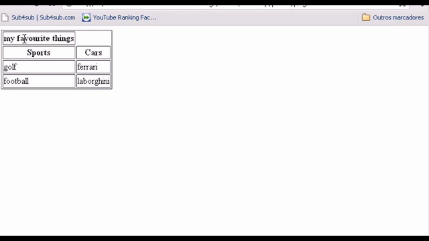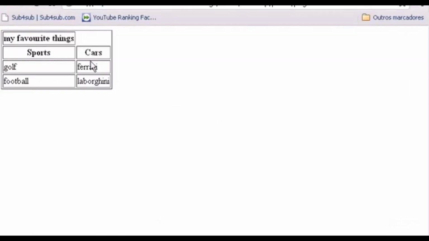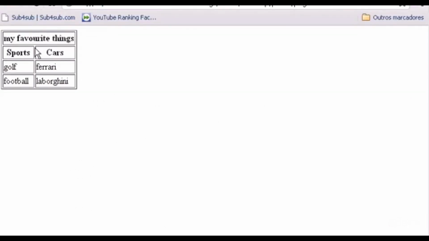At this point it only covers 1 column. Why is that? Because in colspan we say 1, which means 1 column that we want the title to be covering. Okay, so if we make it 2 columns, now we go into our Google Chrome, and here it is,